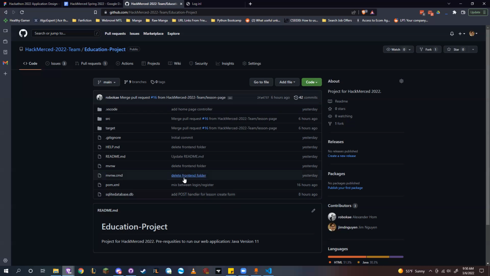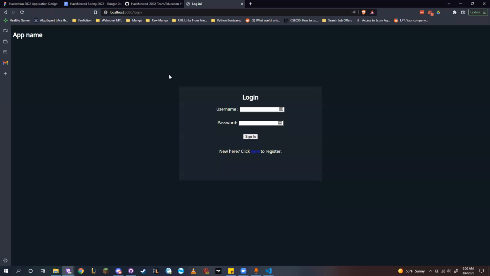Now we have a quick demo of the project. This is the login page that the user will see when they first go to view the project. There's a link to register for an account if they don't have one already. So they click on that, and then they put in their email, and then create a username